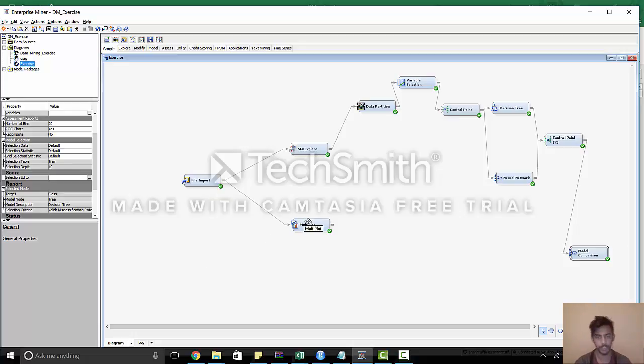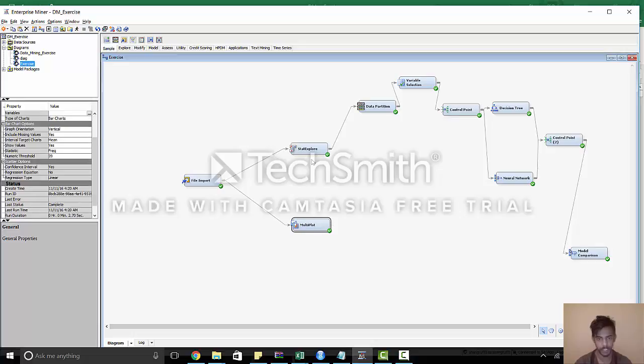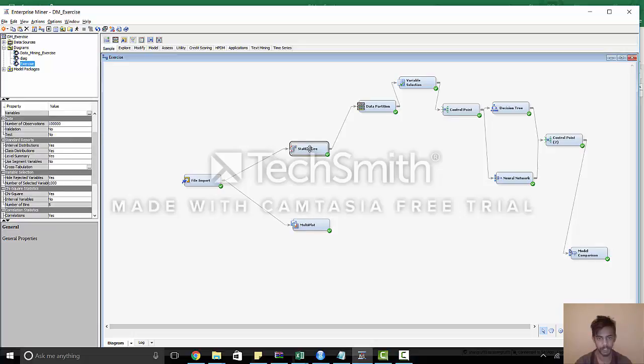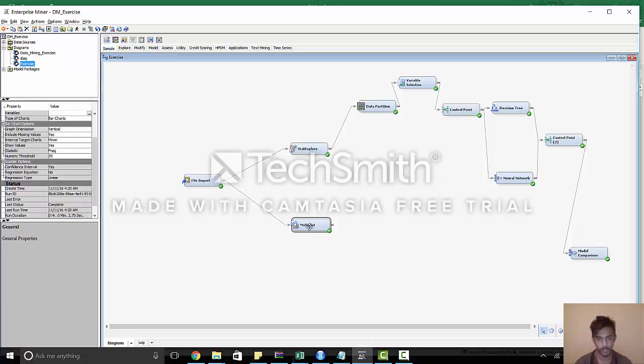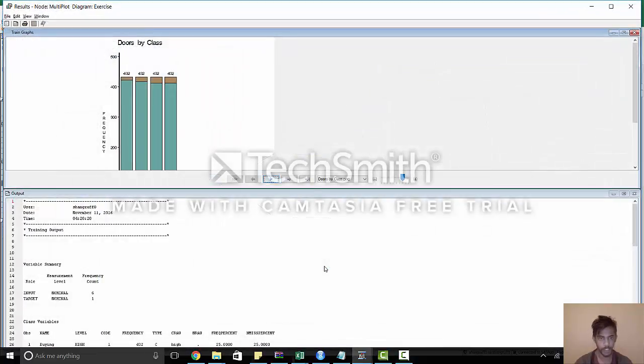Now the first concept that I would like to touch upon is to know and understand your data before you start working on it. This has basically 2 parts. One is the visualization of the data, and second is to get the descriptive statistical analysis of the data. So in the first part, I have used the multiplot component of SAS Enterprise Miner. The multiplot component basically provides us the bar charts and the scatter plots of the attributes against the class variable,